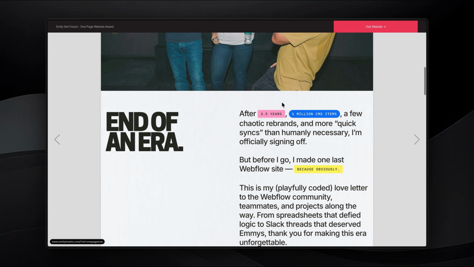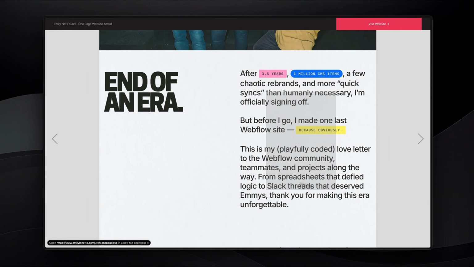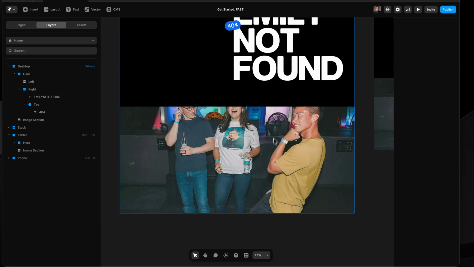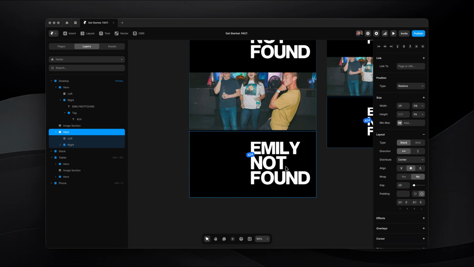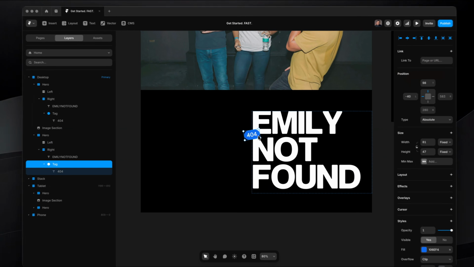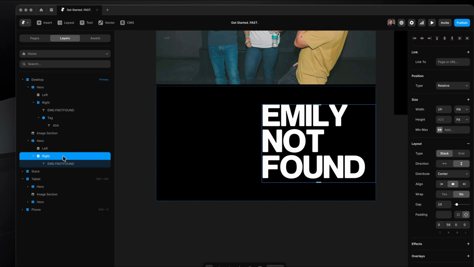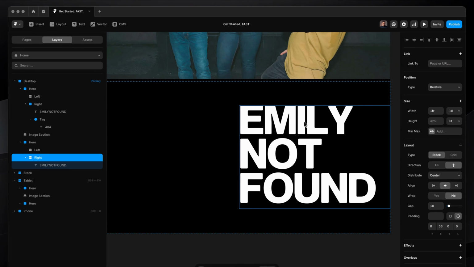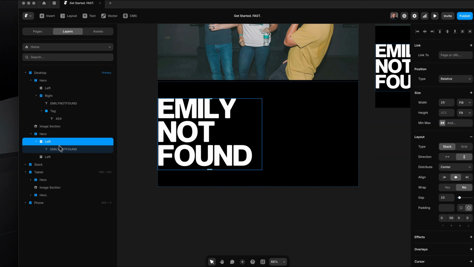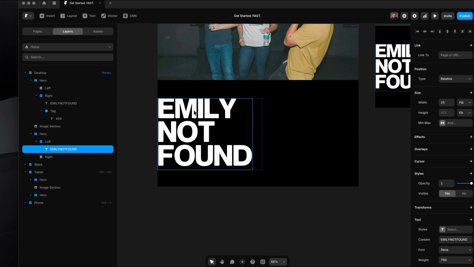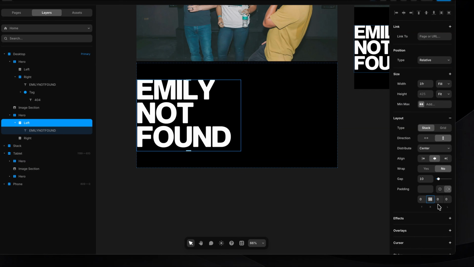Now let's wrap up this example website by building this section as well, which has text on the left and then a little bit more text on the right. So we're just going to maybe duplicate this section that we had for the hero, because that just allows us to work a little faster. We're going to remove the elements that we no longer need, like this 404 tag, and we're going to restructure it a little bit. We're going to move this to the other side. Perfect. So now it's no longer the right frame, but it's the left, and the left one is actually the right. Here it's going to be a little bit smaller,